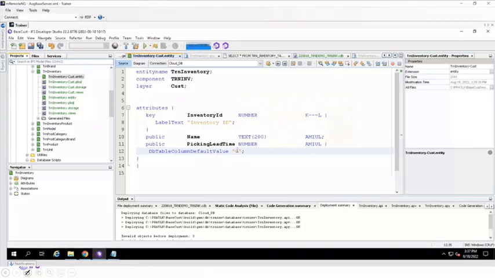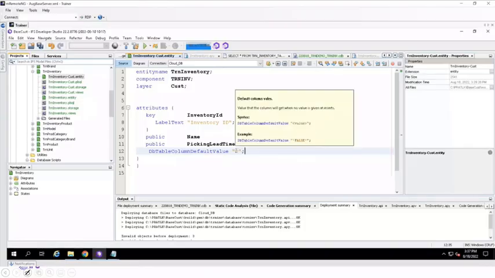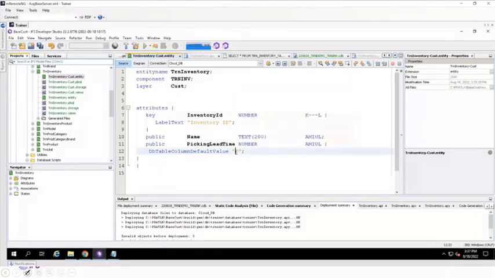If you hover on top of it, you will be able to see the values. So you can see that if you are going to have a number, then you can just have the inverted commas and have the number there. If you are going to have a character, then you have to have the two inverted commas, double quotes, and then one single quote, and inside of that you write the value that you are trying to give as the default value for that particular column, right? So here it's simply okay,